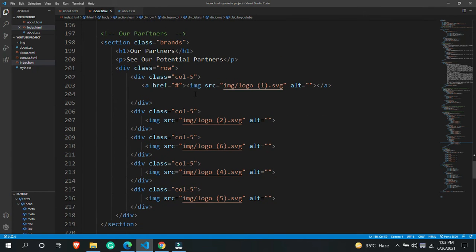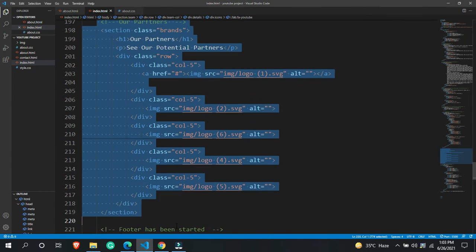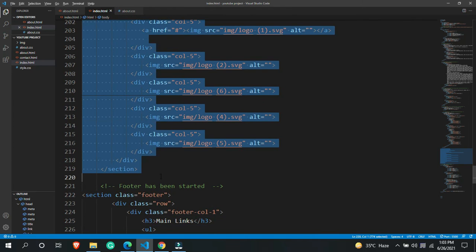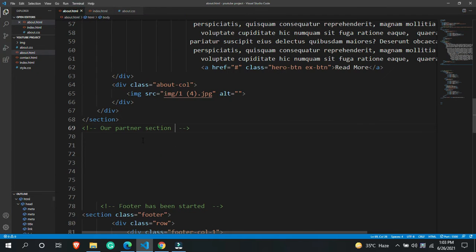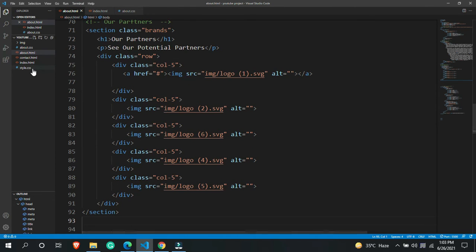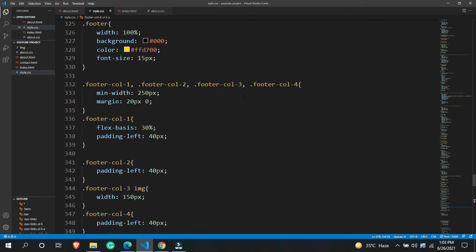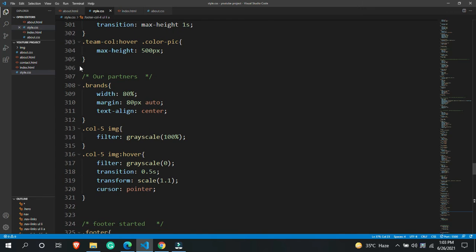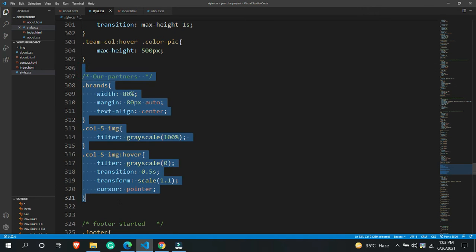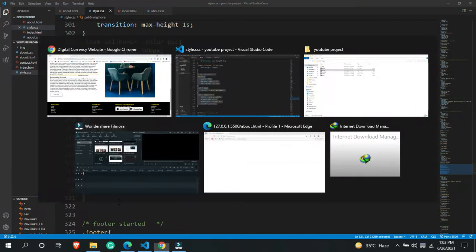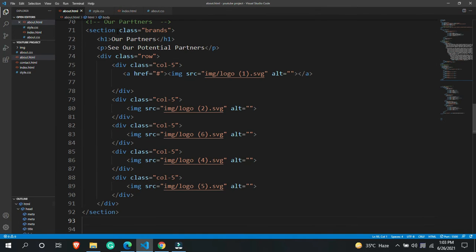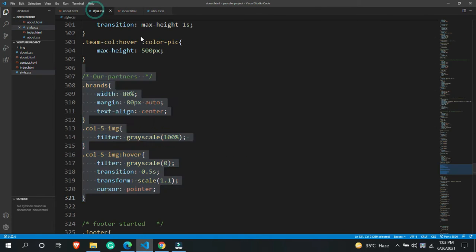So this is the code that we are going to add, and we are going to change nothing. Let's copy this particular section, come up inside your about.html file, and paste it over here. Here you can see our partner section is over here. I'm not going to waste your time creating this again.